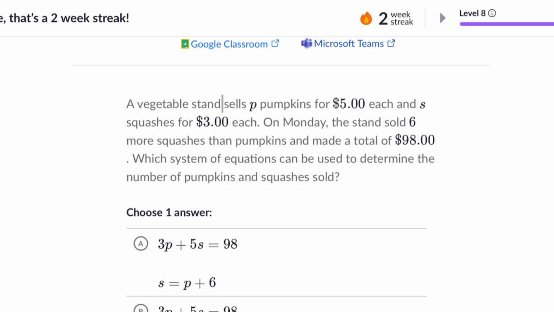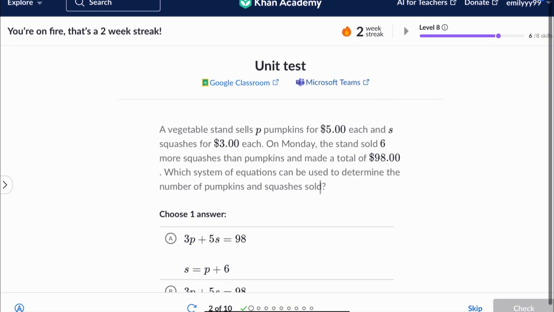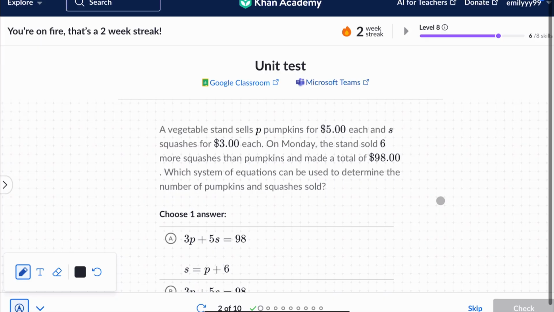A vegetable stand sells pumpkins for $5 each and squashes for $3 each. On Monday, the stand sold 6 more squashes than pumpkins and made a total of $98. Which system of equations can be used to determine the number of pumpkins and squashes? So let's write our own equations, and let's highlight some of the important info here. She sells pumpkins for $5 and squashes for $3. And we know that on Monday she sold 6 more squashes than pumpkins, and then she made a total of